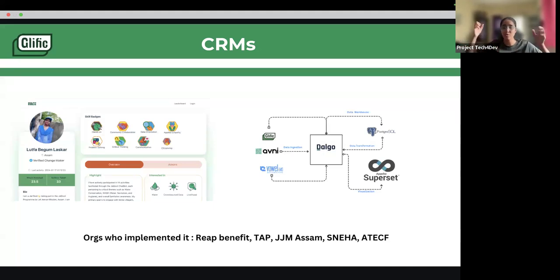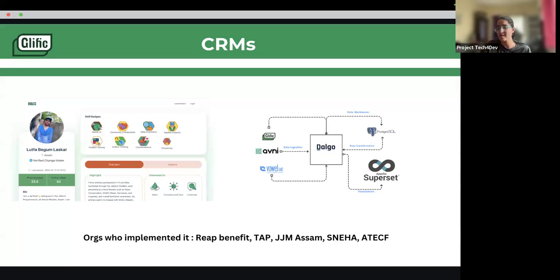What Dalgo does is you can ingest all the data into Dalgo, and Dalgo helps in transforming the data that you have, to simplify it, like a clean up or map the data, making it into a much more consolidated form. And you can visualize or project it on any platform of your choice. So people can project it further on Tableau, Power BI, or Looker Studio, or anything wherever they want.